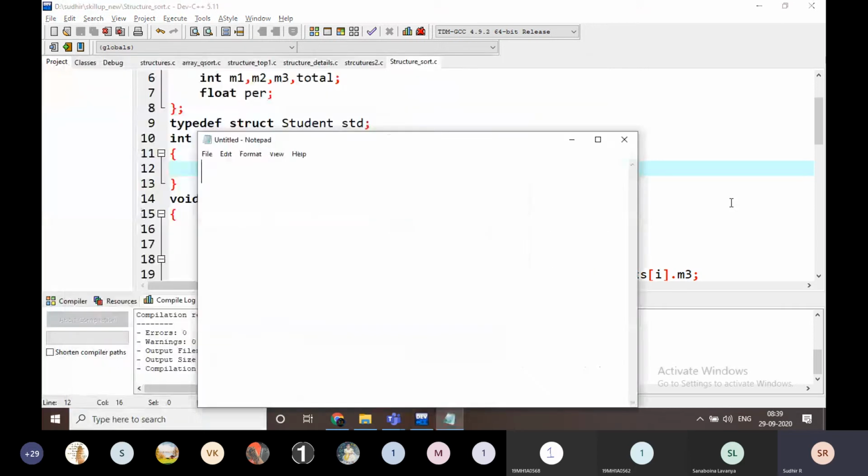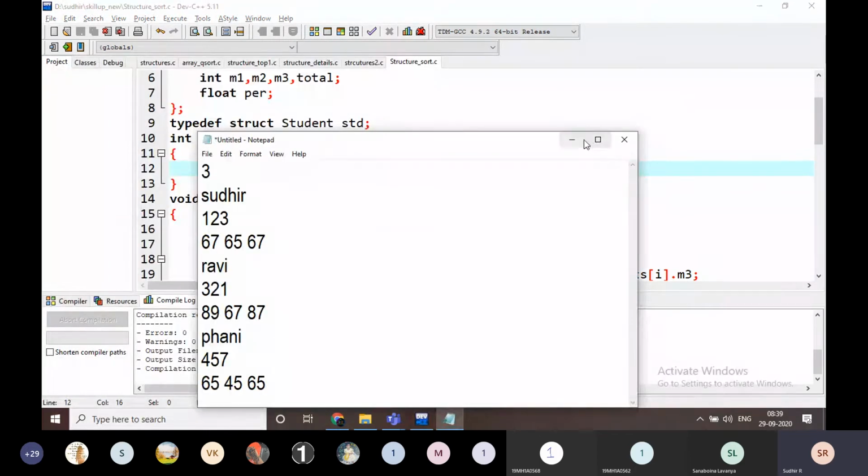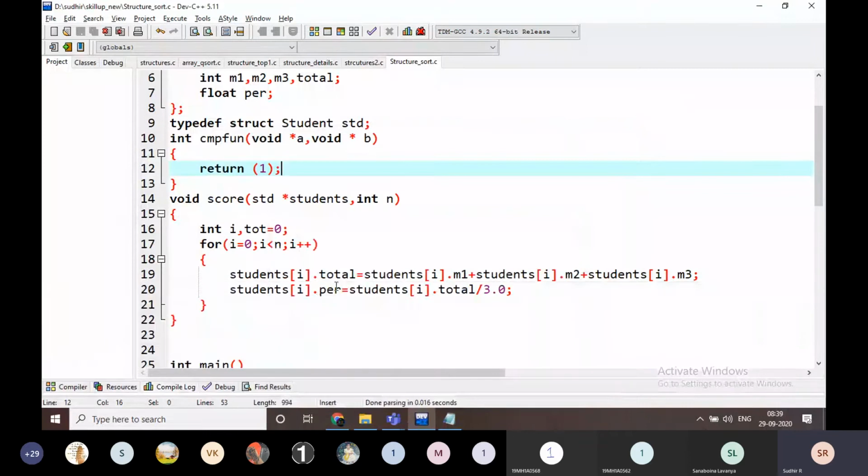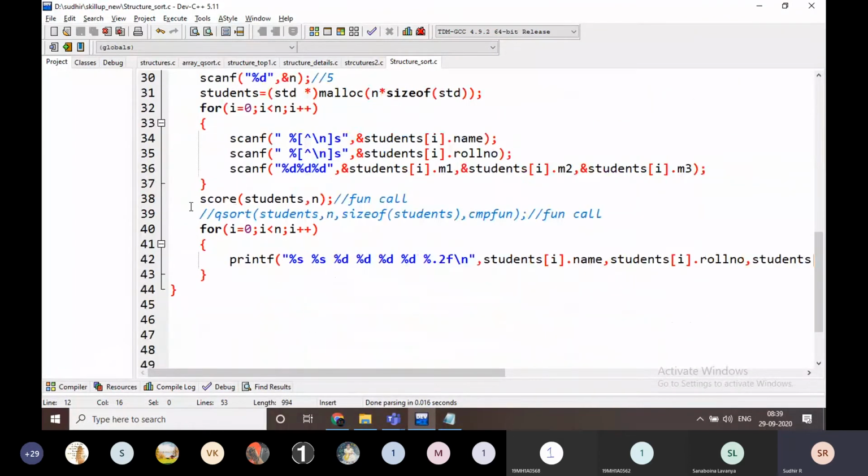I am going to maintain this input data here, and now I am going to apply this sorting methodology. Before sorting and after sorting, I am going to display it.